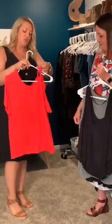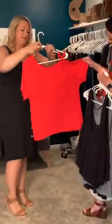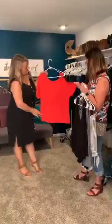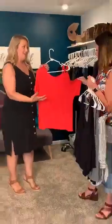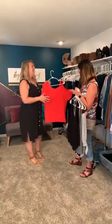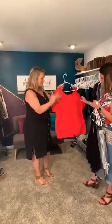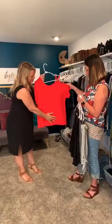shape. So shirts like this that have cutouts are really, really nice. And I even love the color. Isn't that pretty? Great for the season. This was a Stitch Fix. I would never pick this out for myself, and I'm a stylist, so I will try literally anything. They sent it, and I remember opening it going, this is crazy. And yes, it drapes away from the body. It gives you some room here in the upper body, but it fits a little bit closer to the waist to where,